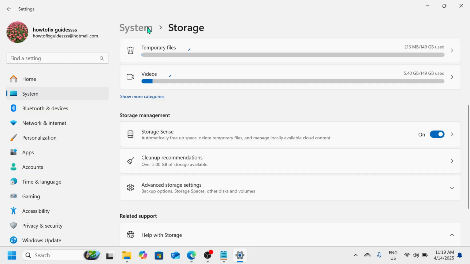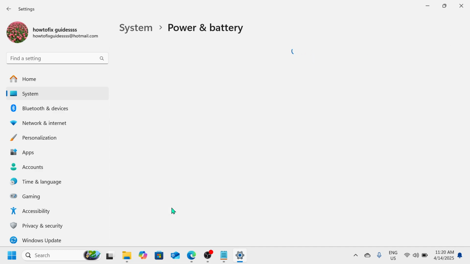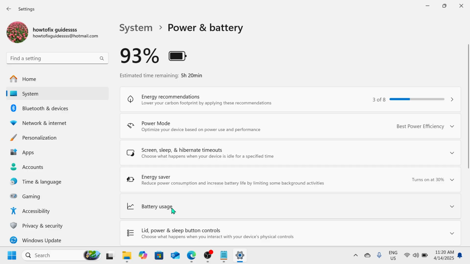So go back again with System, and then we will be going to this option, power and battery, screen and sleep, battery usage, power mode, energy saver. Once you click on that, you will be able to see this kind of window. So all you need to do is just to